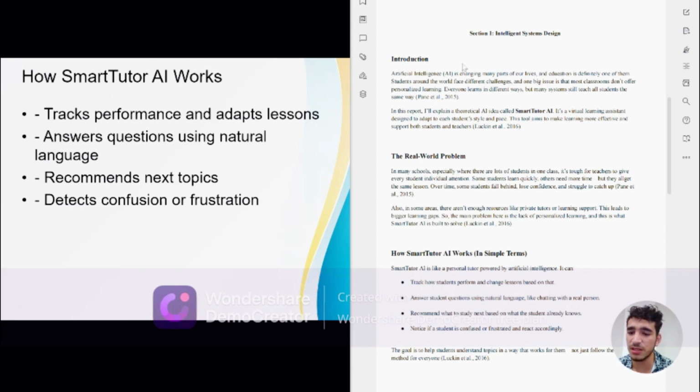The final one is detecting confusion or frustration. Sometimes students face psychological problems of frustration or confusion, or need to repeat more lessons. This AI tool will adapt to meet their needs and provide them with encouragement or support, or advice they can follow on a daily basis that could enhance their mood and their creativity in their academic journey.